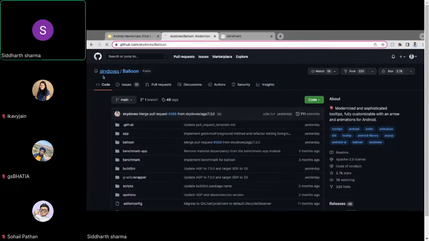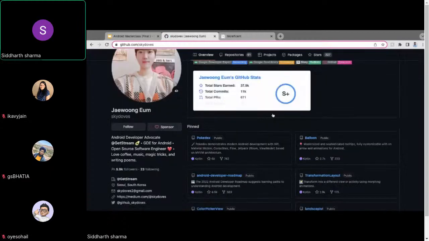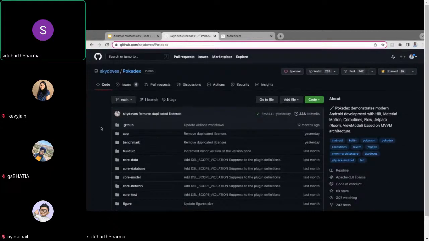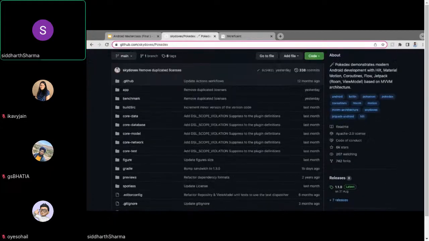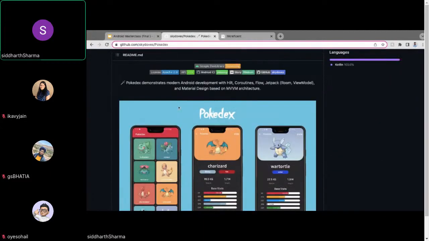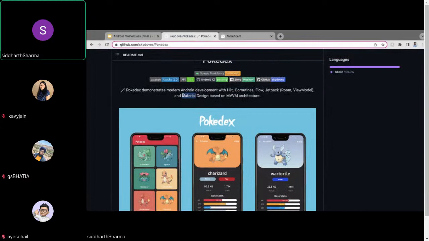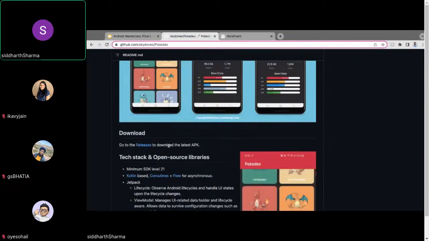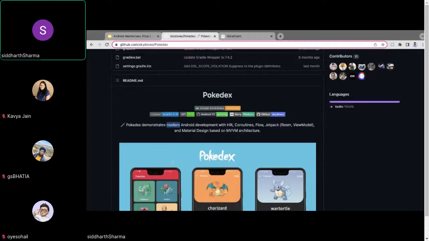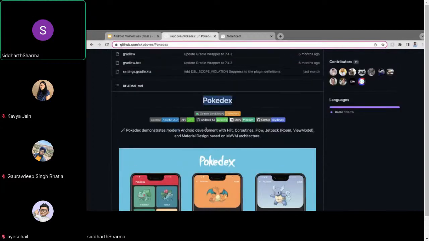You can see that people in open source are actually contributing towards this. So you can read these kinds of repos that this person is making to help you learn some modern Android practices. So first of all, read the open source, read these repos, how they are actually built, then start